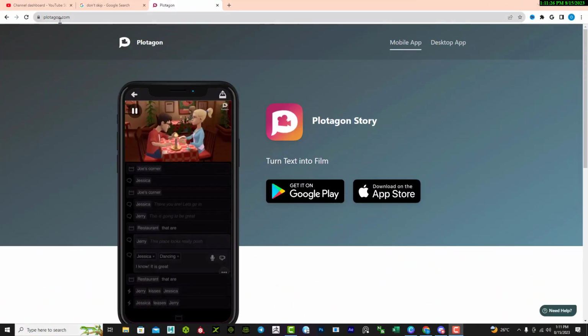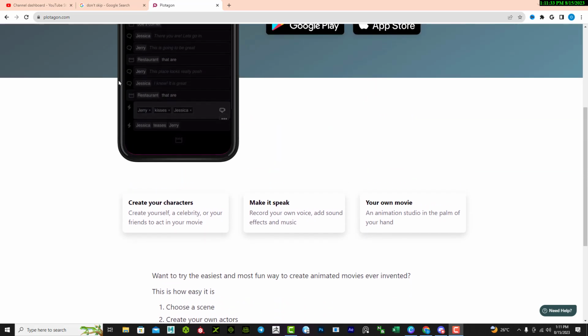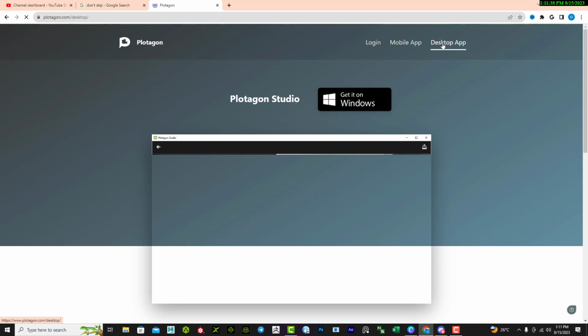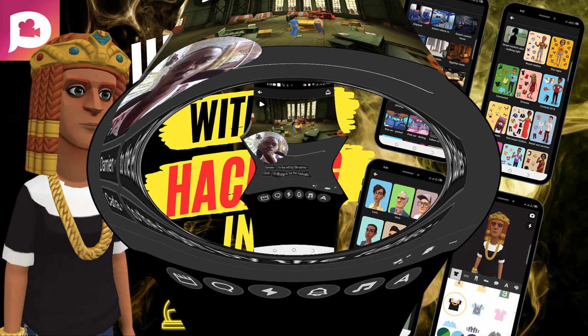Plotagon has been a life-saving tool for phone users, for Android and for desktop users, those who actually want to get themselves into animations. Now, to whom much is given, much is deserved. Hold that at the back of your mind. They've given us a lot of things we can use, though there might be some limitations to what it can do, but at least